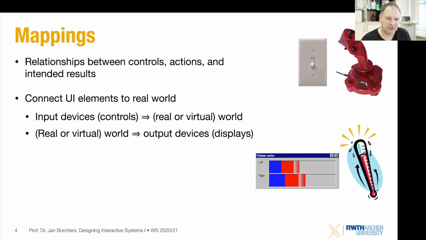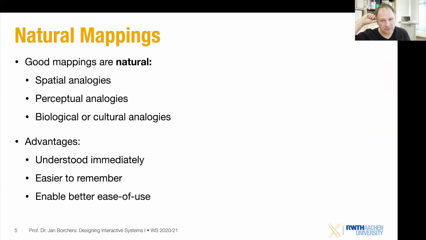Now, good mappings are natural mappings. And I will explain more about these on the following slides, but just to give you an overview, good mappings are always natural, and natural can be expressed in a couple different ways. They can be analogies that work spatially, where the spatial movement or arrangement is similar between, for example, the control and the real world. They can be perceptual, where the whole control looks like the real world thing,